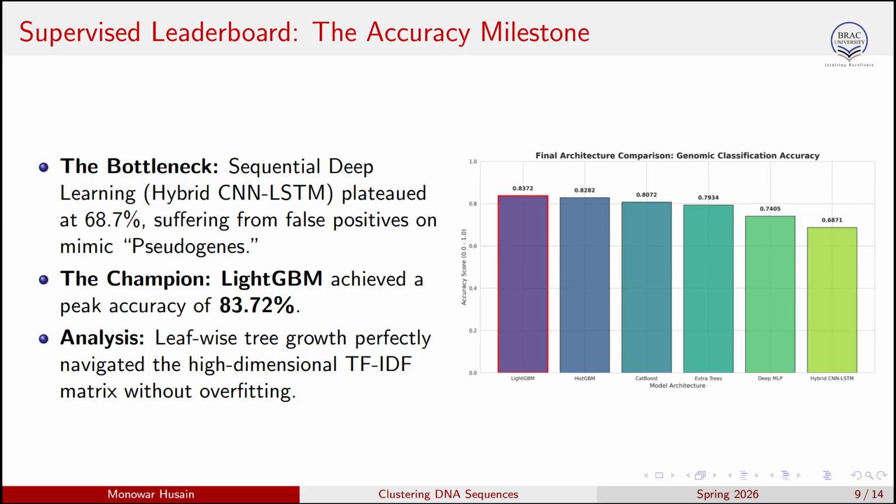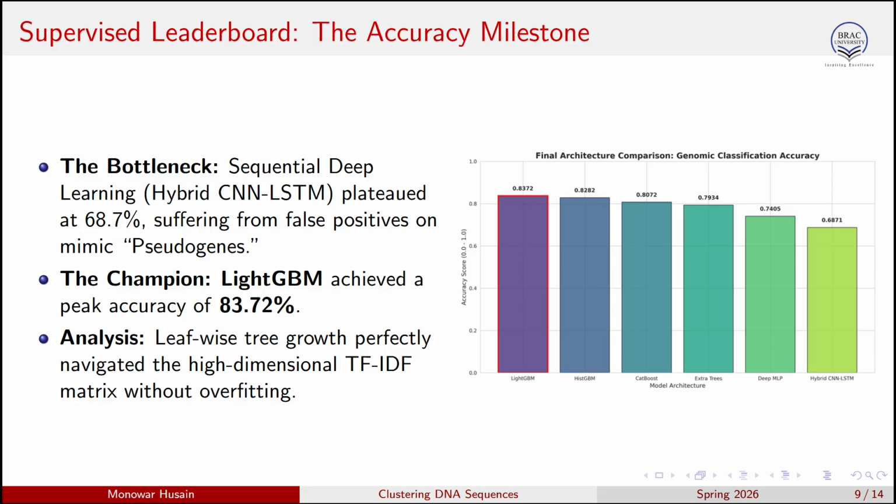Then we come to the leaderboard. I tested 16 different models and we ran into a massive bottleneck. Traditional models like decision tree failed terribly at 31%. But surprisingly, sequential deep learning also failed. My hybrid CNN-LSTM plateaued at